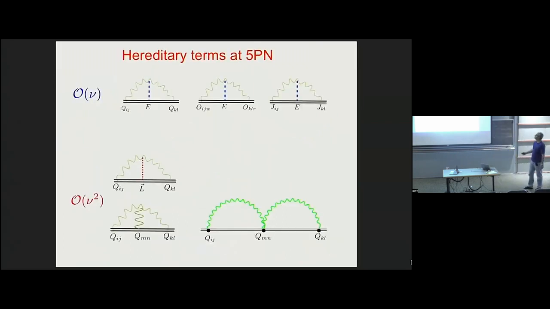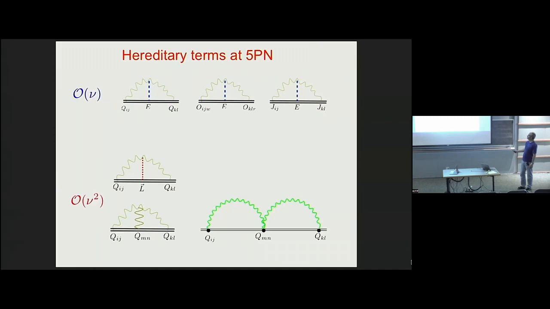Well, this one is the one at 4PN. You just have to calculate it expanding the multipoles. Here, before you adjust the mass, you just have a Newtonian energy because it's 1PN more. And for the quadrupole, rather than keeping the lowest order expression, you keep the 1PN corrected expression, which is known. So this is already done.